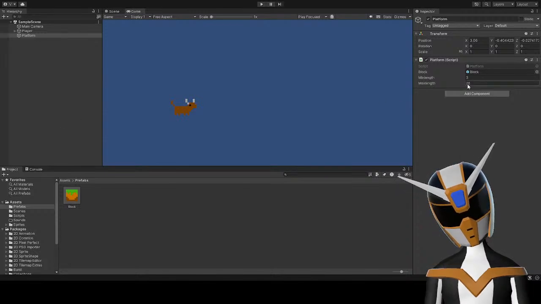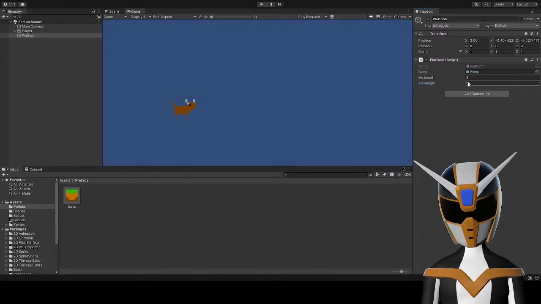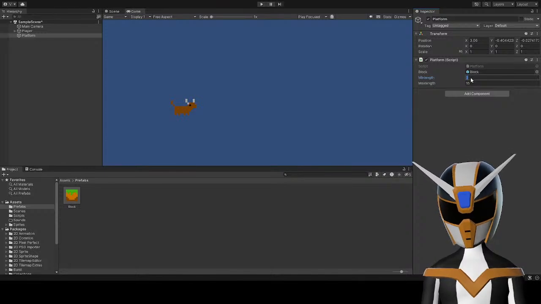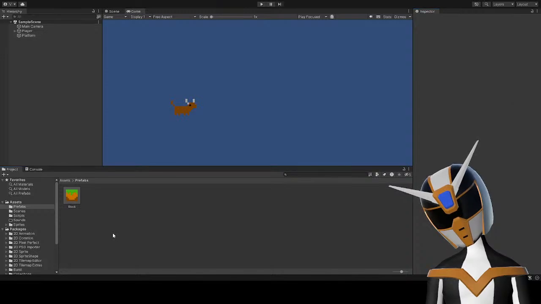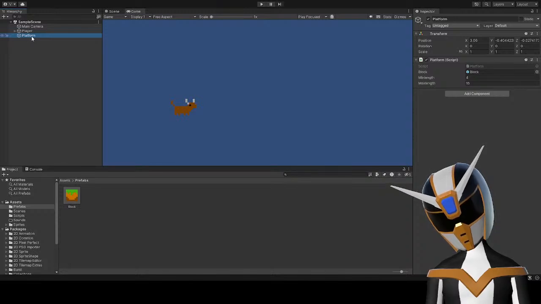So this seems to work. Let's lower max length down to like 15. Make the min length maybe like 4. I think that's fine for now. Okay. So this seems to be good.